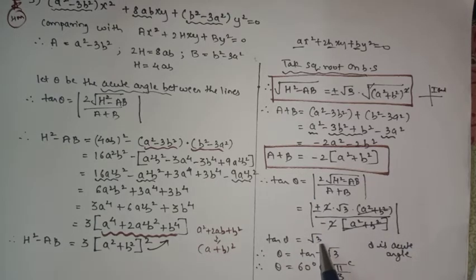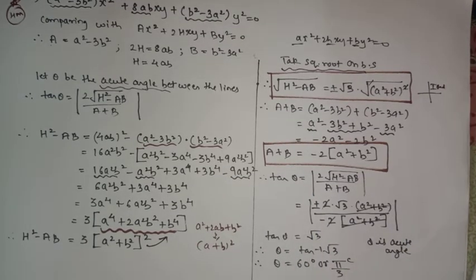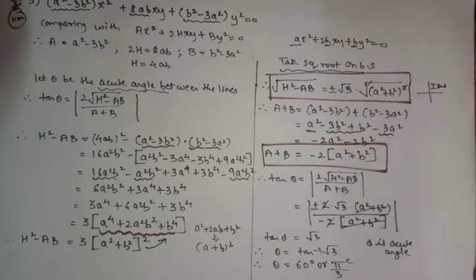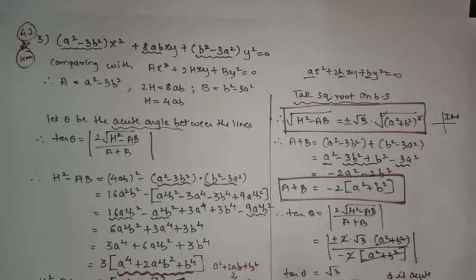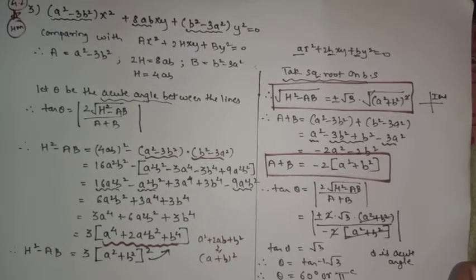So tan theta is equal to root 3, so here we got theta is equal to 60 degree, or in radian we can say it is pi by 3. So in this way you have to present your sum and find the answer. As I told, from the exercise, this sum is very important from the board point of view, and the weightage of this sum I can say is a proper 4 mark sum. Understood? Got the idea?